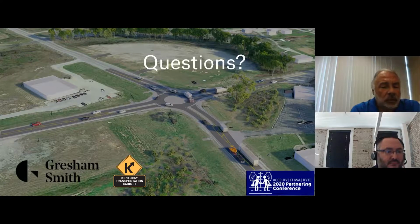When we were working on another roundabout project that we have in Nicholas County, it's a full roundabout, but during the public meeting for it, one of the major concerns that we heard about the Cynthiana roundabout, which is fairly close to District 9, was that there wasn't a lot of warning going into it. People were kind of not expecting it to be there. It's in a rural area. So we basically learned from that and applied a lot, like Nathan was saying, we applied a lot of